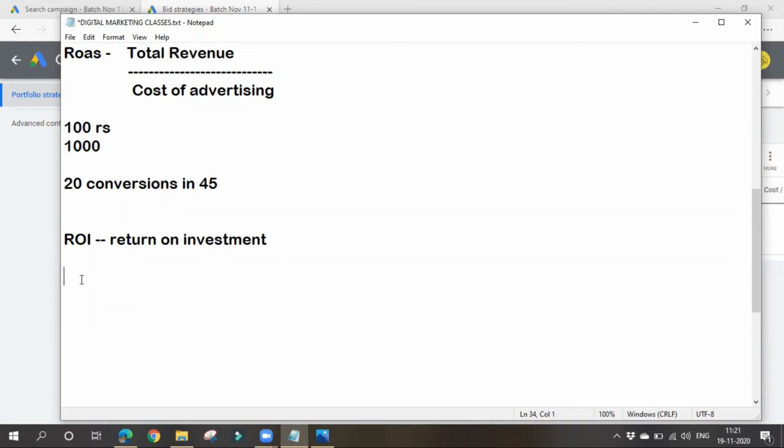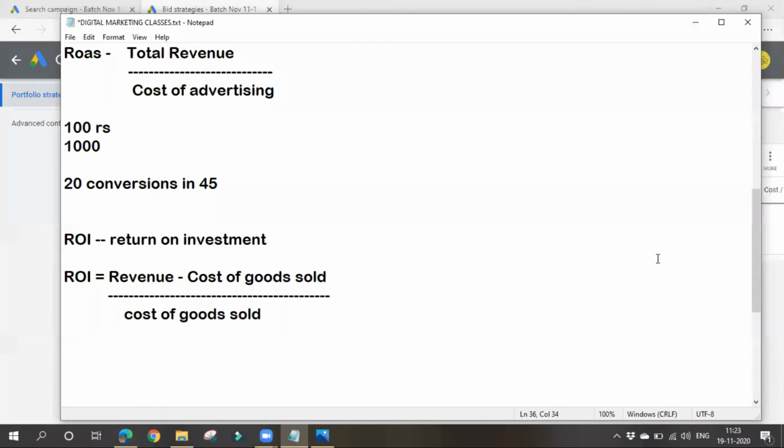Okay, so here the formula is like this: ROI, revenue minus cost of goods sold by cost of goods sold. Okay, this is the formula.